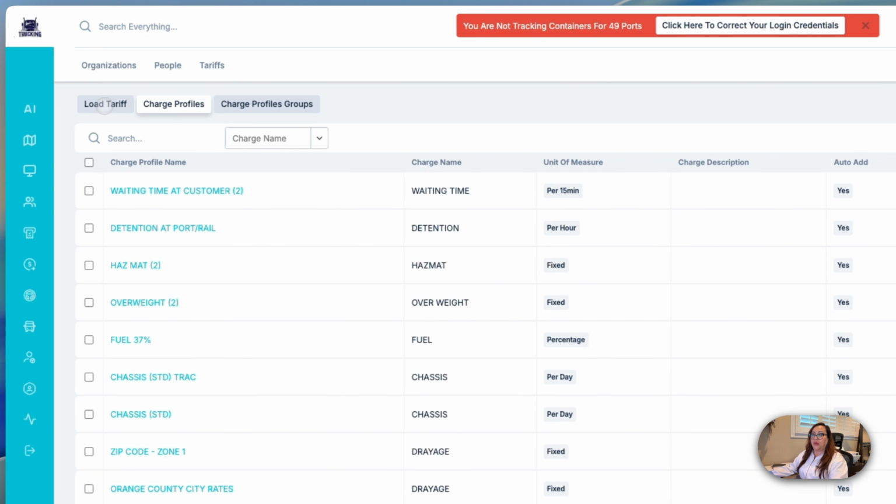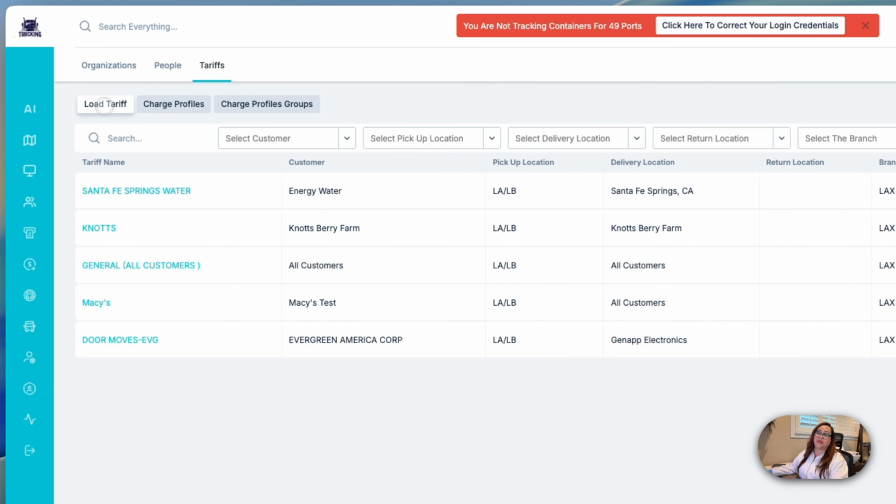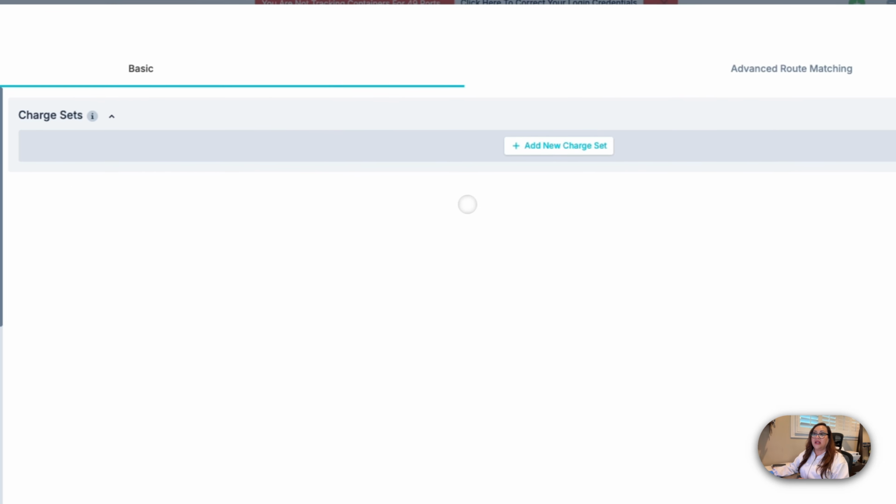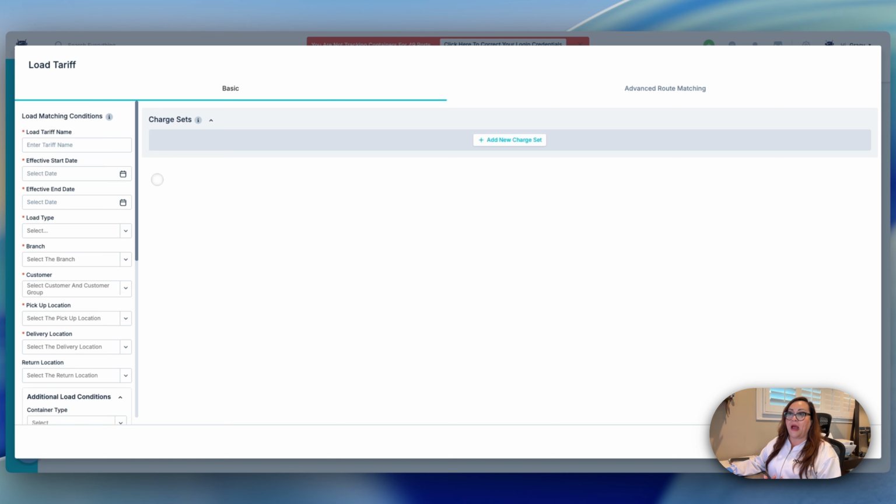We have one more way, there's multiple ways. I have another example today of a tariff. Sometimes we have matching conditions that we want to automate, so we have the option to create a tariff based on matching conditions. The difference here is, as you see, the basic tariff is going to ask for you to identify the name, the start date, end date, the load type, the customer, and pickup location,